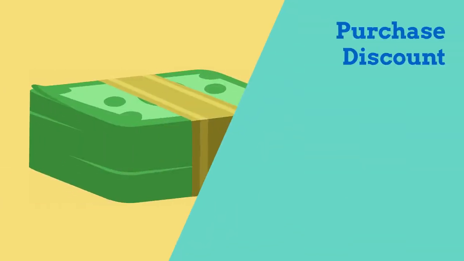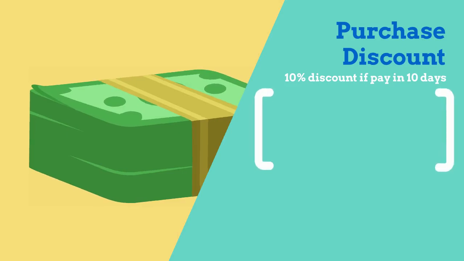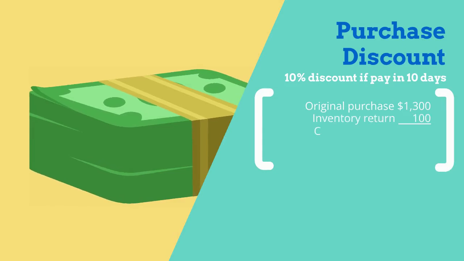Perhaps the company we purchased the inventory from offers a 10% discount if we pay within 10 days. We take advantage of the discount and pay within the discount period. Let's recap our purchase history. We originally purchased $1,300 of inventory. We then returned $100. So we currently owe $1,200. Our discount would be $120. So we would need to pay